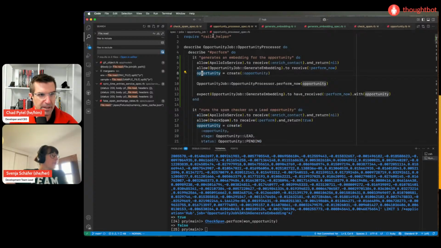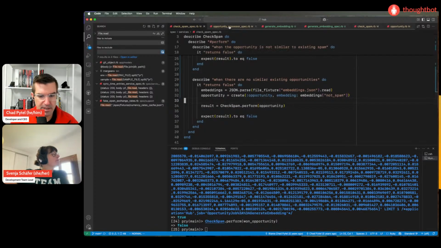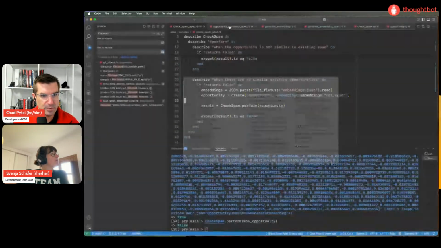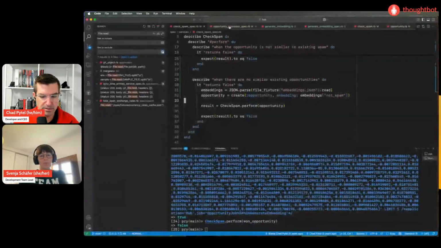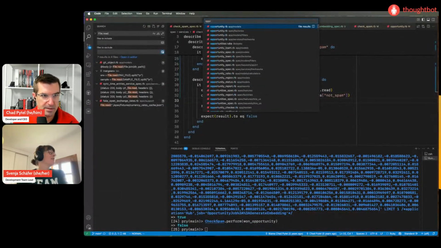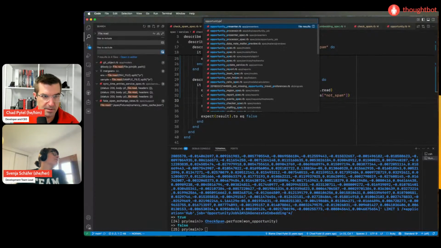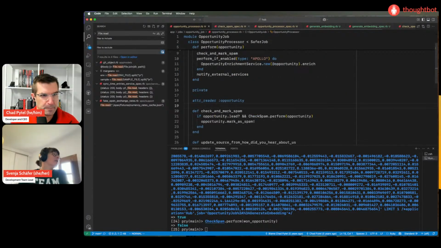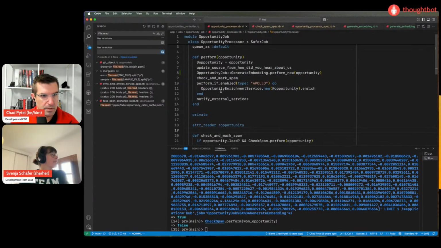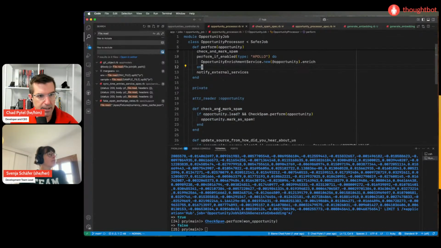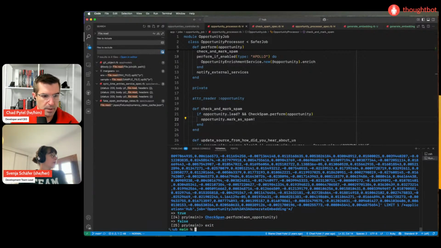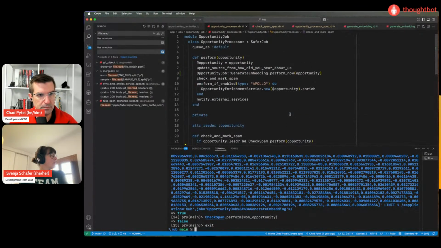Let's just make sure, so we have the opportunity processor. Yeah, we're generating the embedding, then we're calling check and mark spam. That didn't require any change because we kept the API exactly the same. And now we'll mark it as spam. I'm so happy.